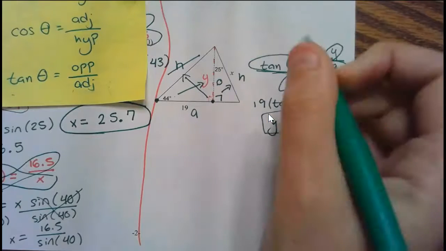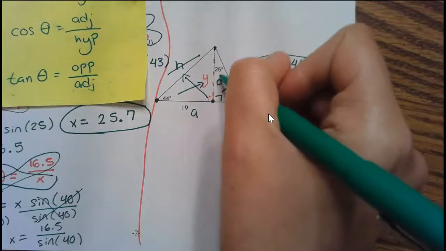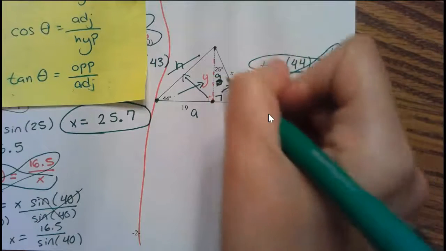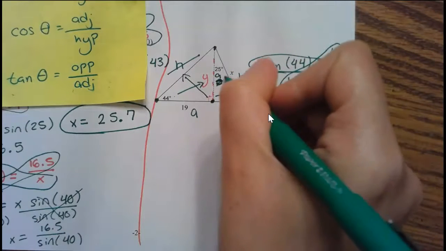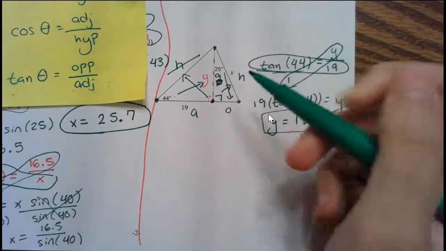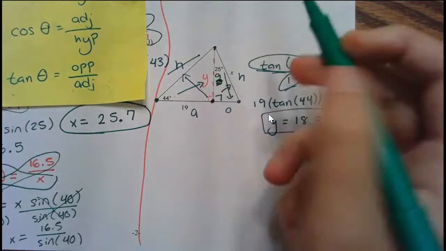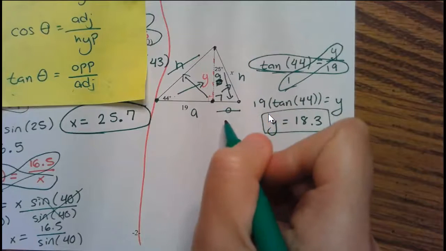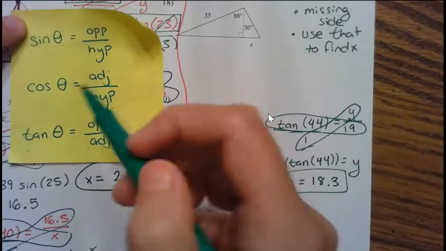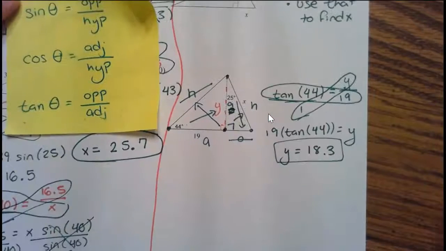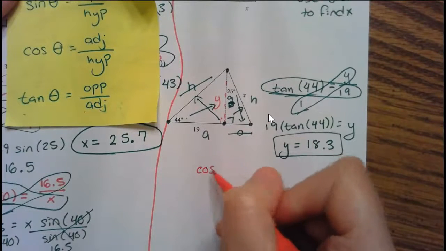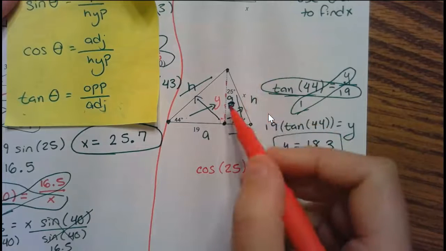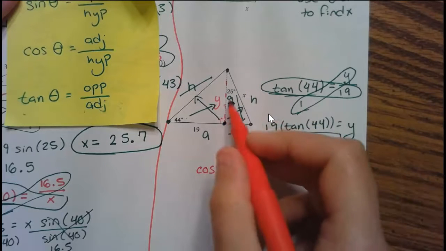H is across from the right angle. Adjacent is next to. And opposite is across. This is the first time that the adjacent and opposite have switched. Make sure you're watching out for that. So now I want to mark this O out because there's nothing down here. A and H is cosine. Cosine of 25, because that's the angle on this side. Adjacent is what we just found. That's the y,